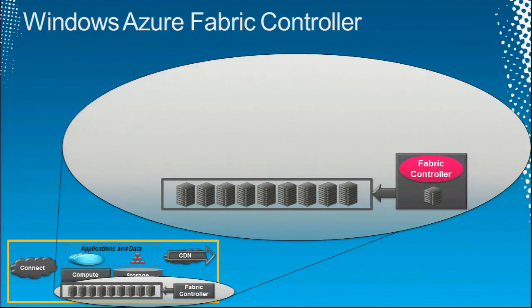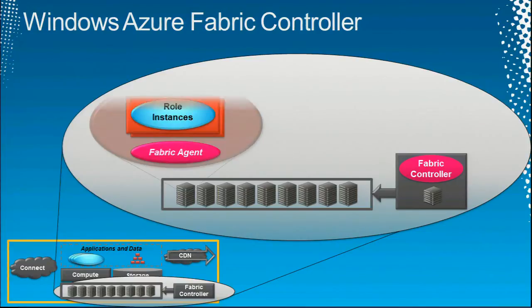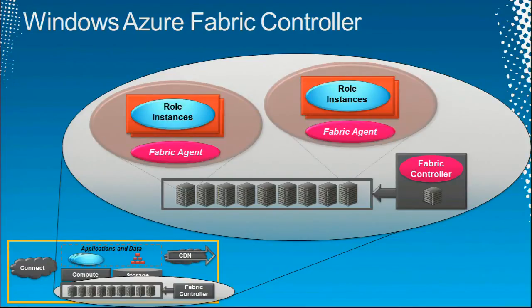So what does it do? It does a lot of things. One thing it does is when you give Windows Azure an app and say, Azure, run my app. I told you that Azure creates VMs for you. Well, the Fabric Controller decides where those go because every machine is running a Fabric agent with which the controller communicates. This lets the Fabric Controller intelligently place new instances and thus achieve very high utilization of those machines.